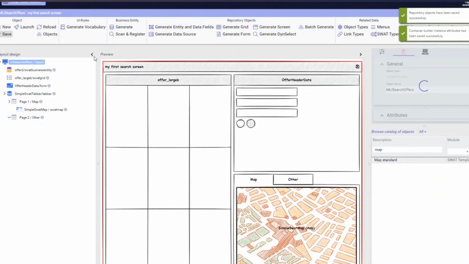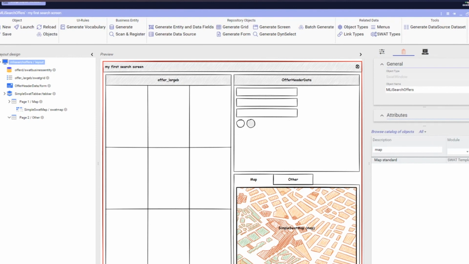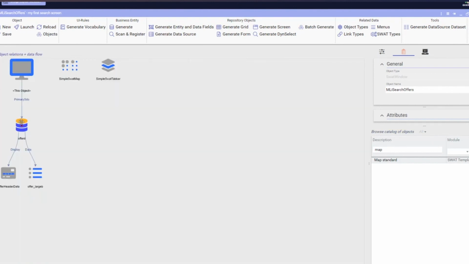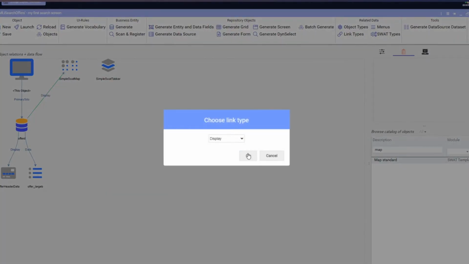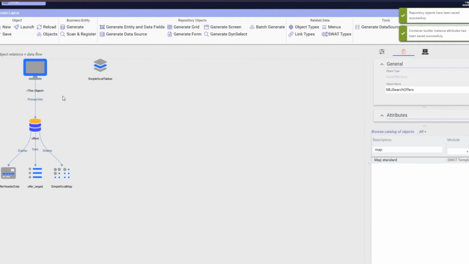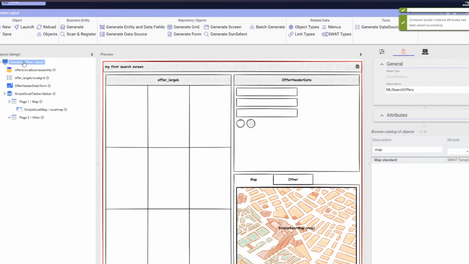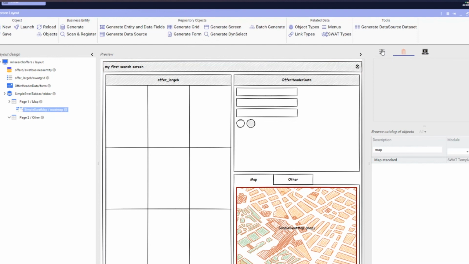We could save that. Now we also integrate that map with the rest of the objects. So we go back to our flow part, we draw a connector also to the map, save it. Now there's one more thing we need to do for the map, because the form knew all of the fields it needs to display, but the map, of course, also needs to know the fields it should display. So in this case, we choose city and street here,